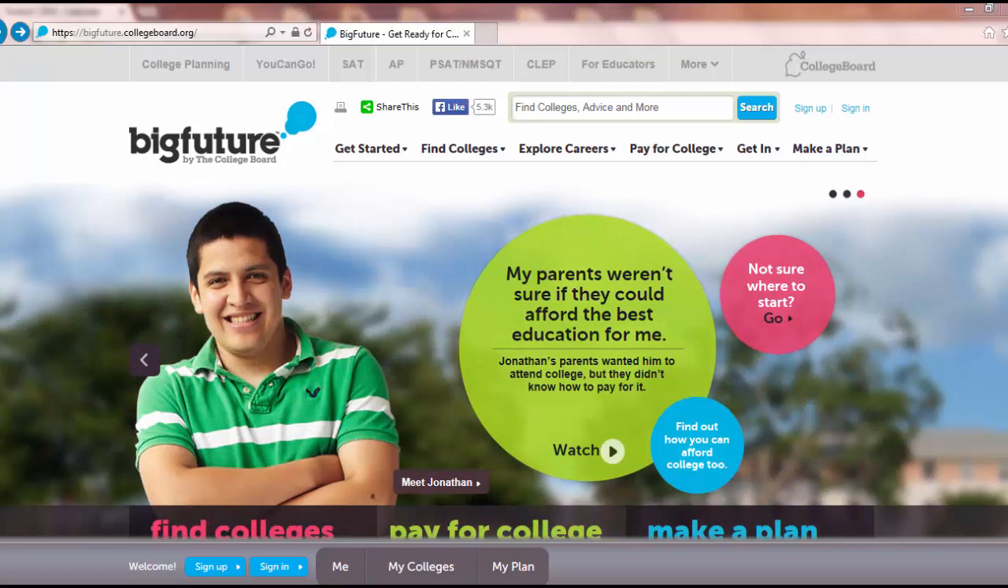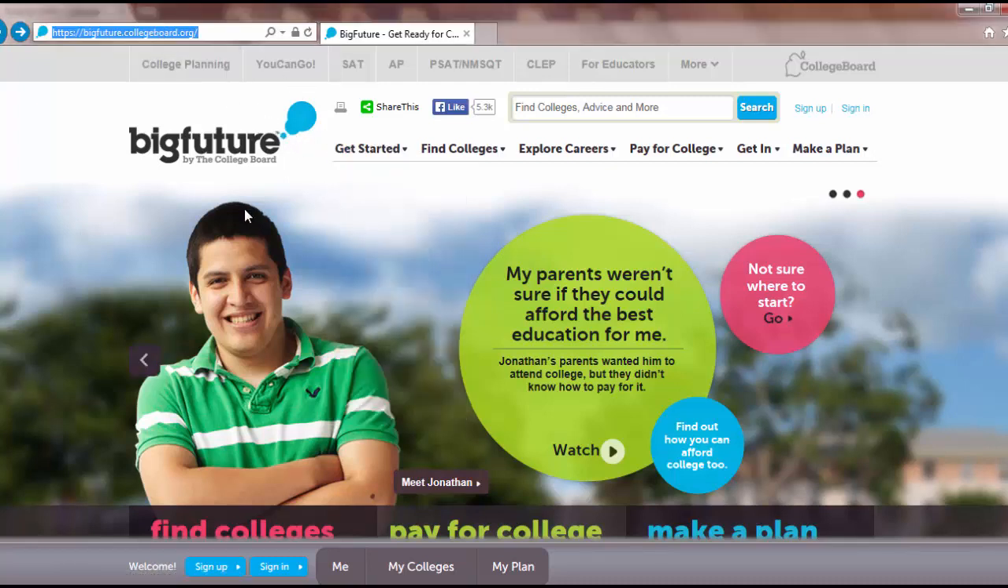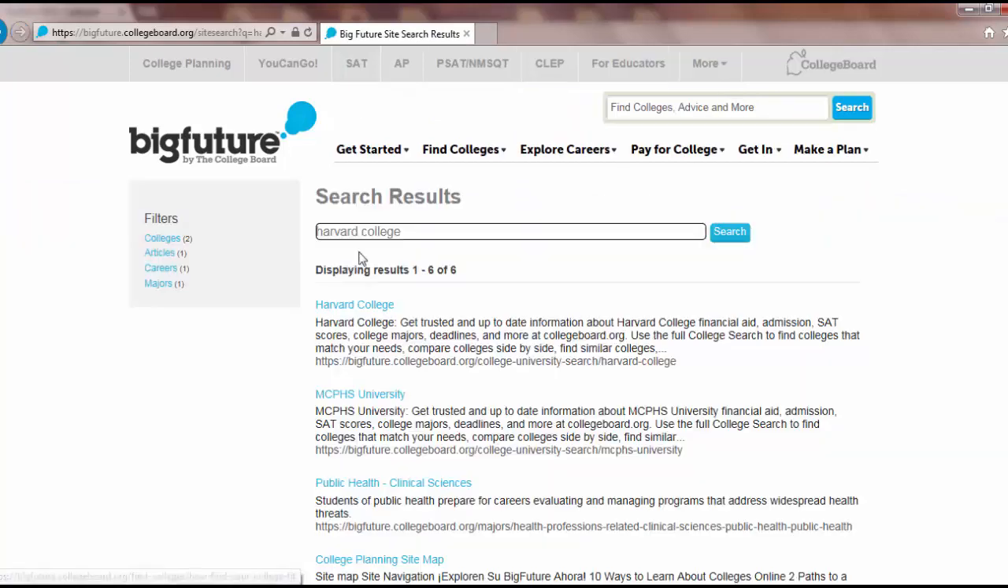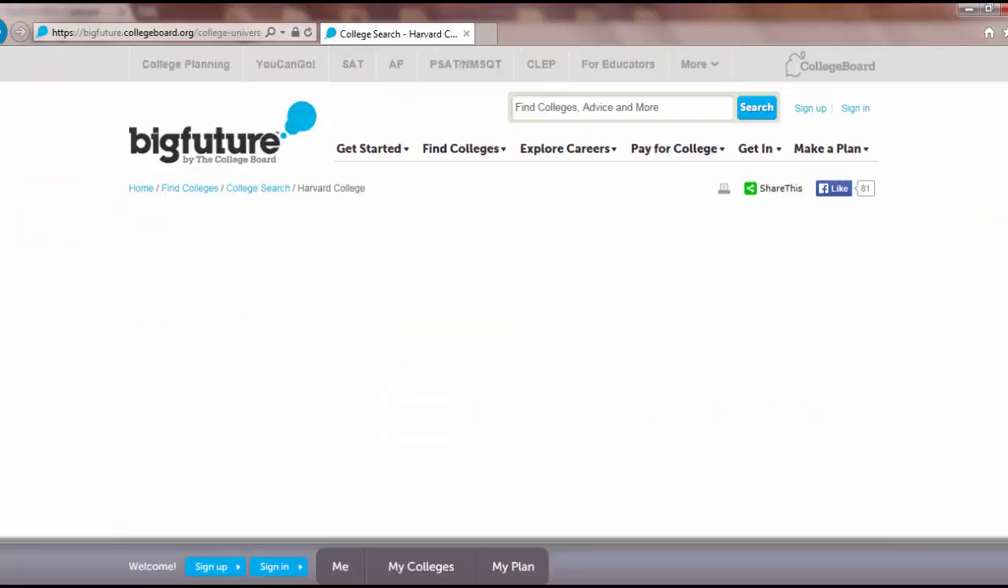The website I recommend and will be referencing frequently is the College Board website. This is the homepage at bigfuture.collegeboard.org. To look up any school, simply type its name here in the search bar. For our first example, we'll use Harvard, a school everyone has heard of. It takes you to your search results, click on the name of your school, and you'll be taken to that